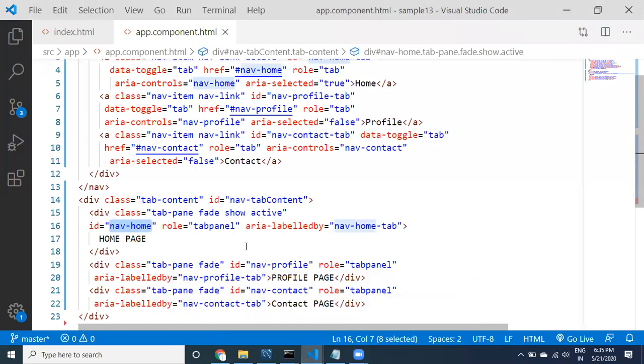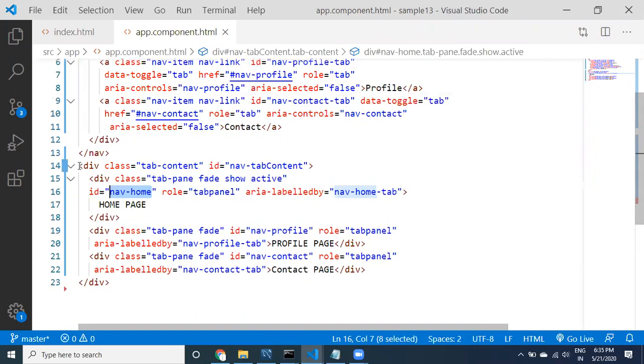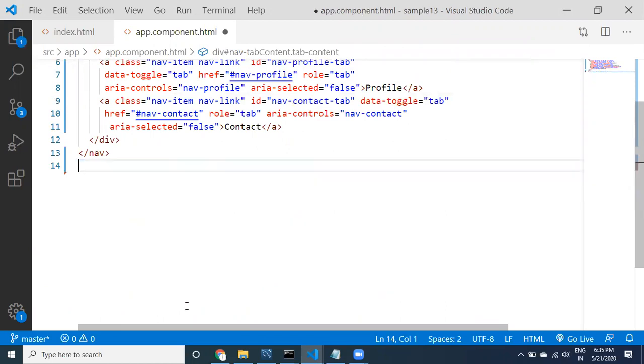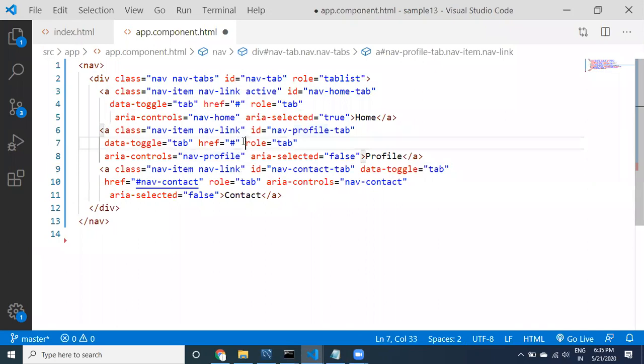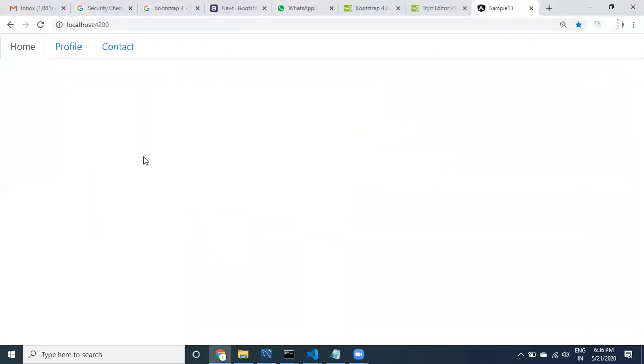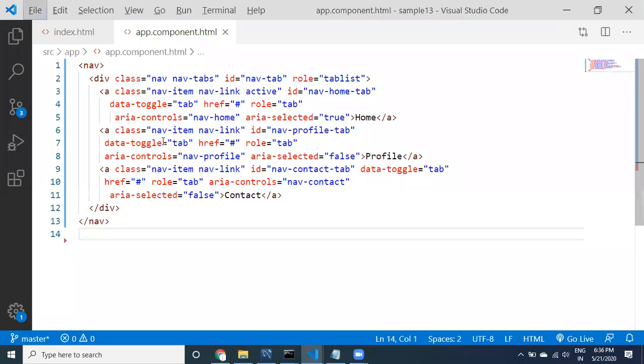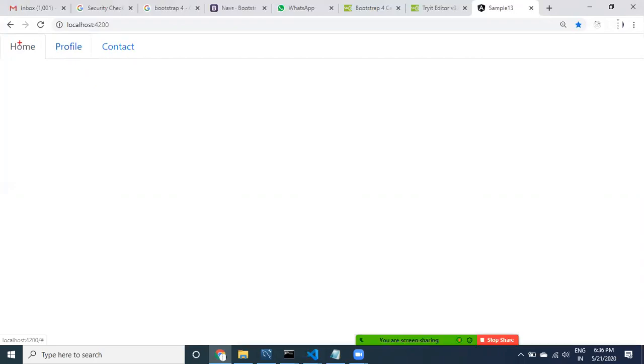Now what I want to do is remove this particular part, I don't want it, and then remove these hrefs. If you want to take href, only take it like this, and then like this. Here also href, take like this. See here guys, it is looking like this, good. Now I just want to use this as a menu only.